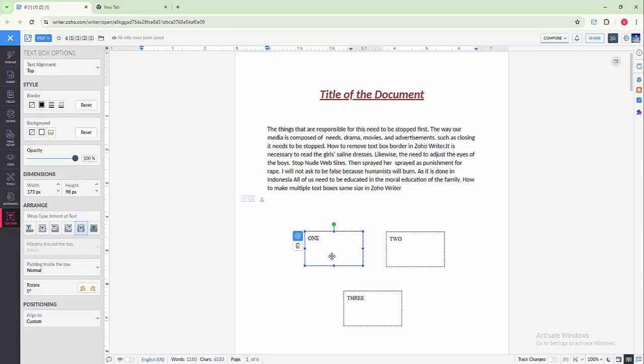Now we want to resize or make the text boxes the same size. Select the text box, then go to the setting option and select the height and width. Now I set the width to 100 and the height to 100,